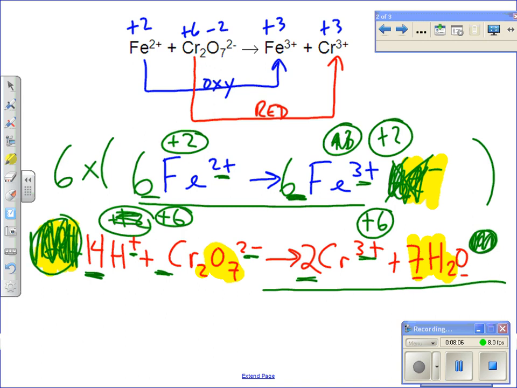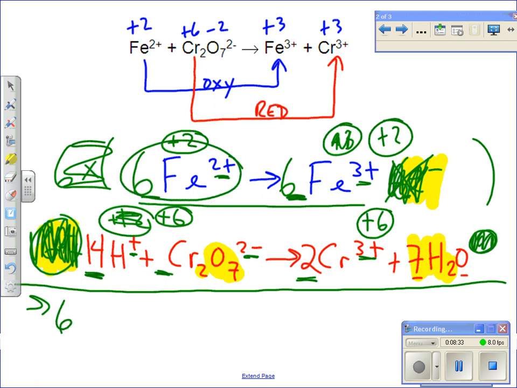The last step is to simplify the equations. If you have something on the right-hand side and the left-hand side that are on opposite sides, you can cancel them or simplify. In this reaction, this is a pretty simple one. I don't have anything on one side or the other that's the same that can cancel. So all I'm going to do is take everything that's remaining and, like a Tetris game, it's going to fall down to the answer line. It has to be in no particular order. You can put it in any order you want as long as the reactants are on the reactant side, products on the product side. So I'm going to say 6 Fe2 plus